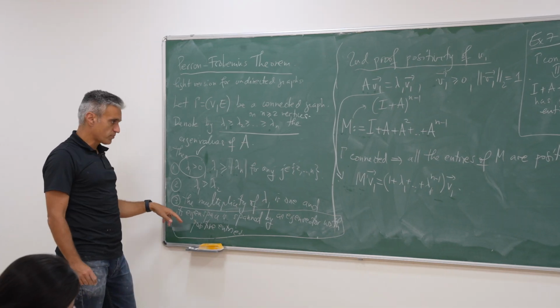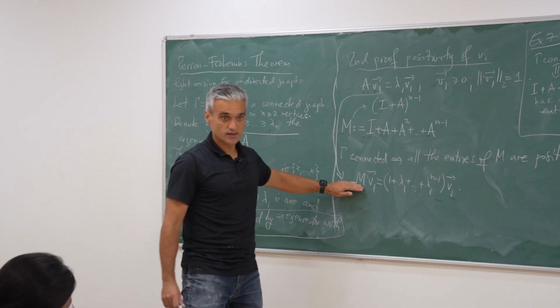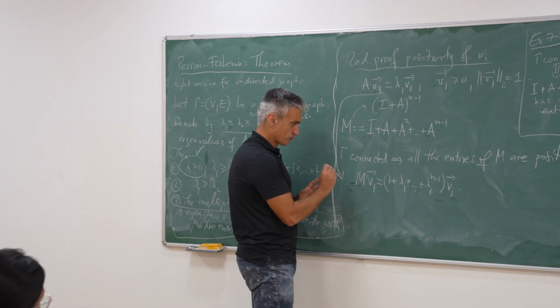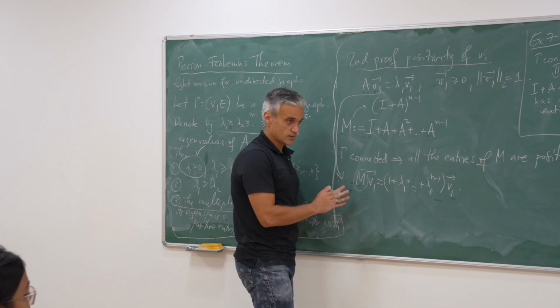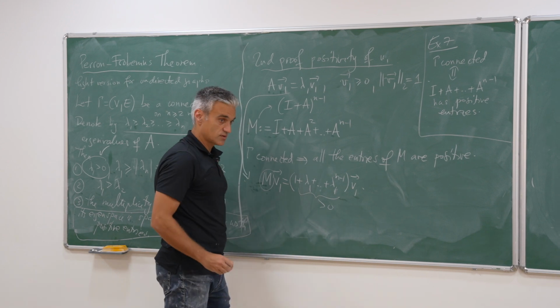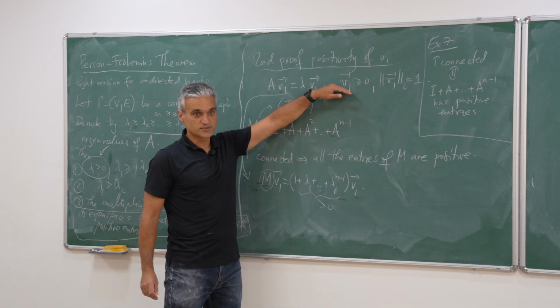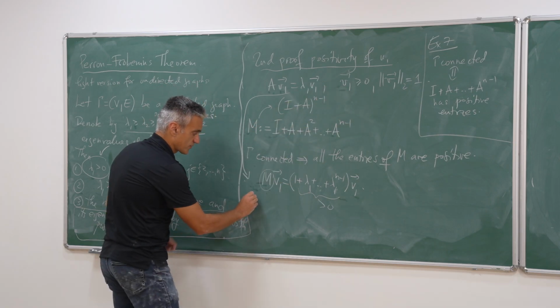We did that, we have a positive eigenvector. We didn't do the multiplicity. Here again, this M has all positive entries. This is also positive. So now what do you want to show? You want to show V1 is already greater or equal to 0. So you want to show that,